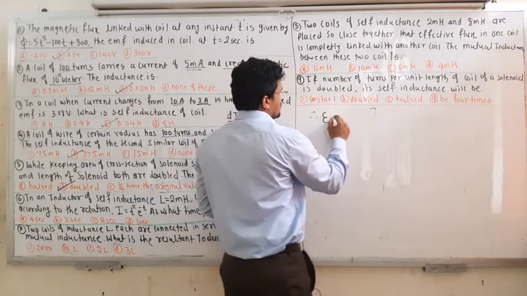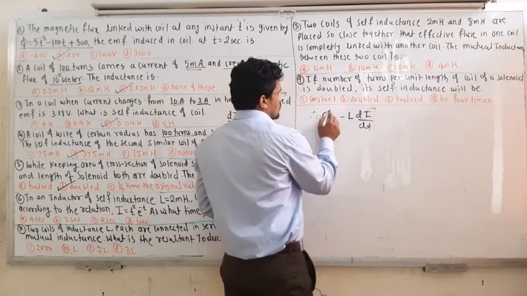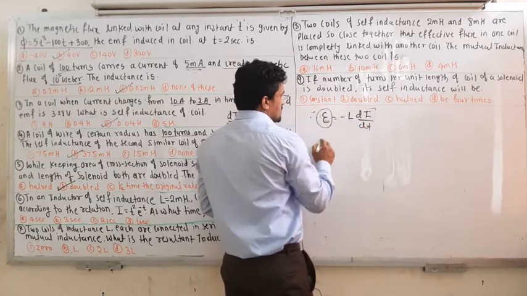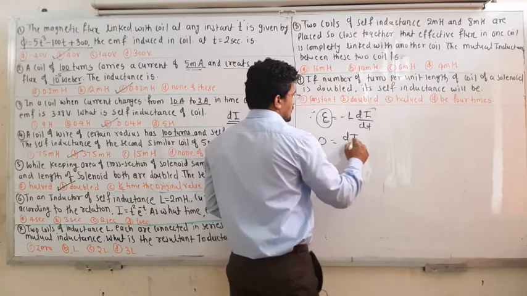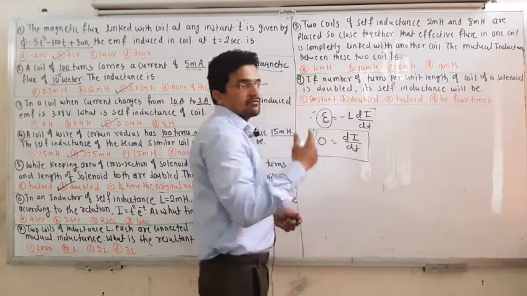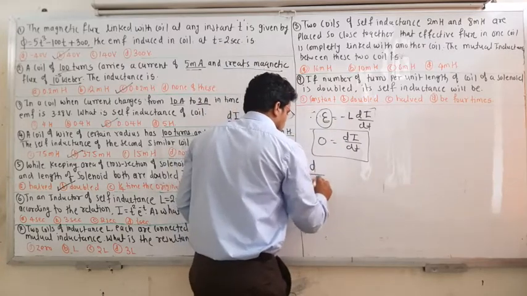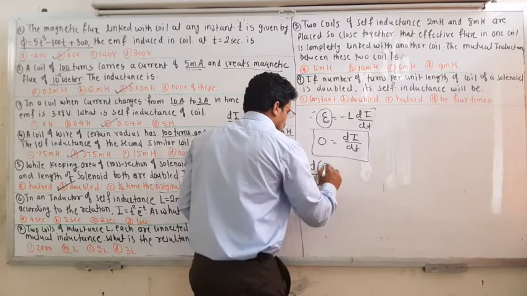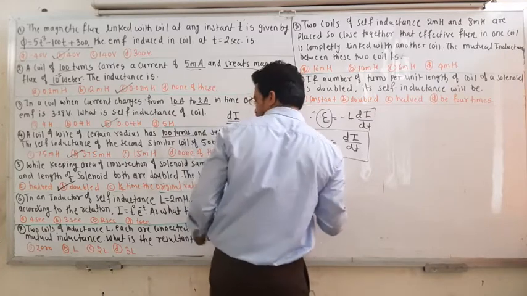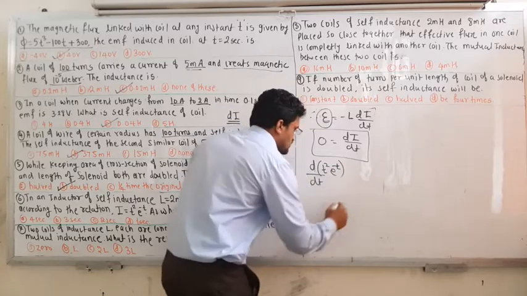So we know EMF is equal to minus L di by dt. Okay, so EMF must be 0. If it is 0, then it is nothing but di by dt exactly equal to 0. L will shift here, everything will be 0. So this answer we will get. Okay, but I is given as t square e to the power of minus t, so just differentiate this.